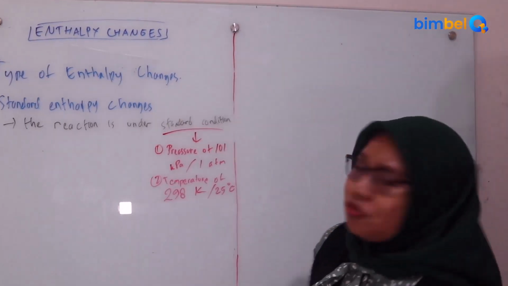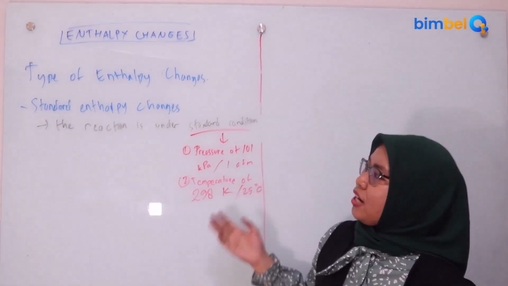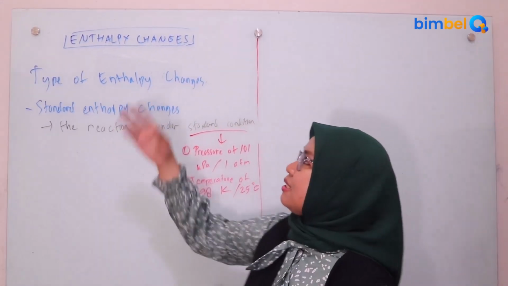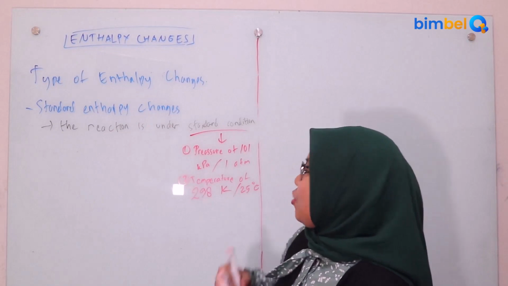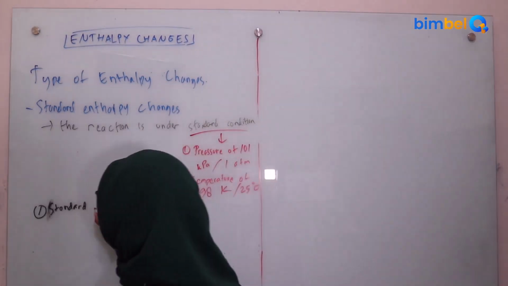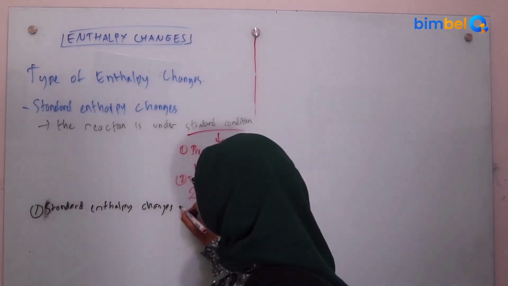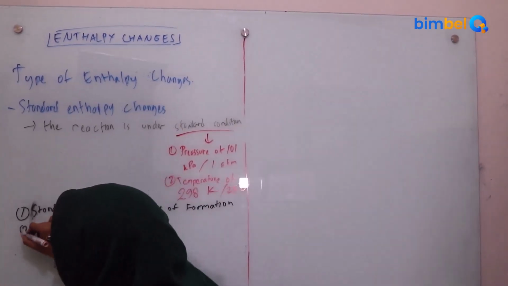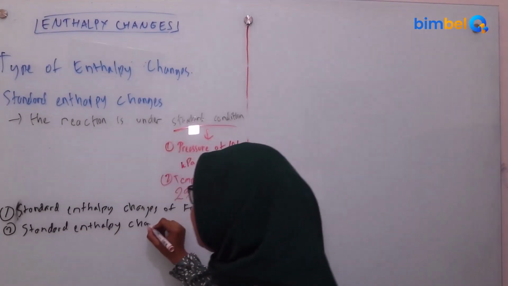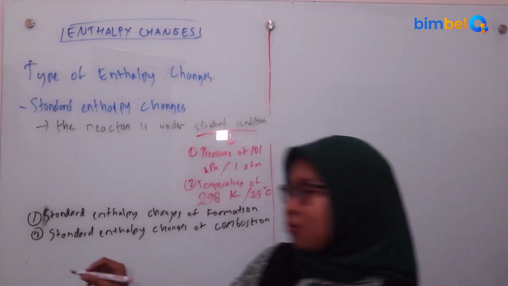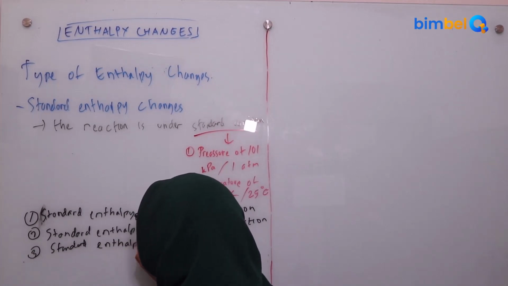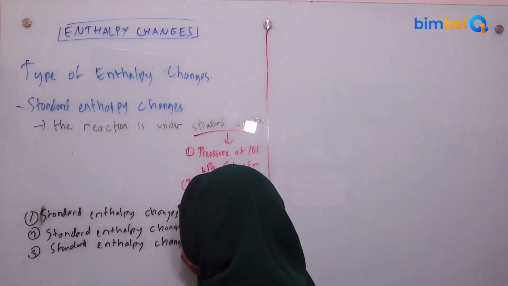Based on the type of the reaction taking place, we can divide the standard enthalpy into at least 4 different enthalpy changes. One, standard enthalpy changes of formation, and then the second one is standard enthalpy changes of combustion, okay, and the third one, standard enthalpy changes of neutralization,